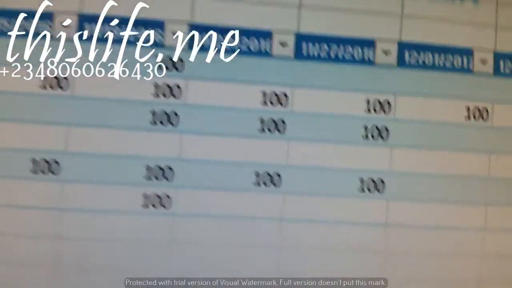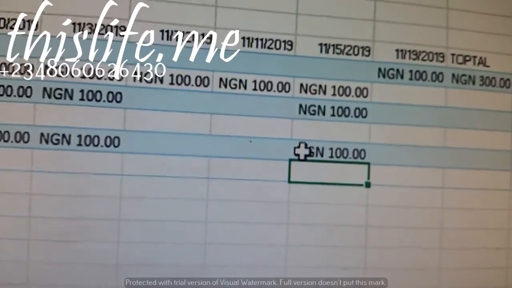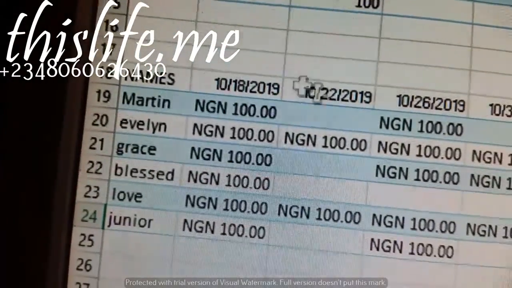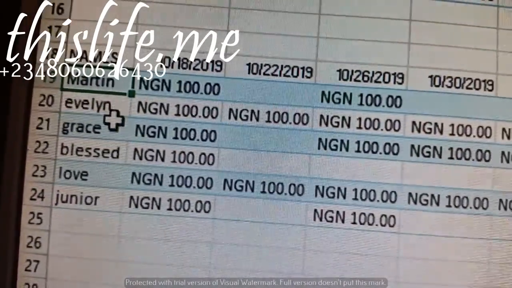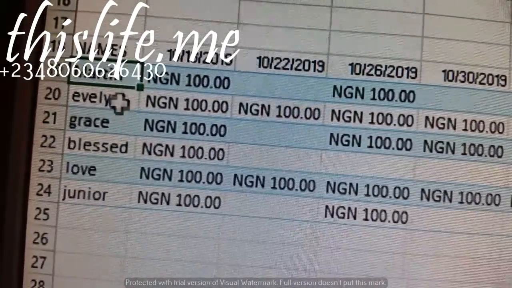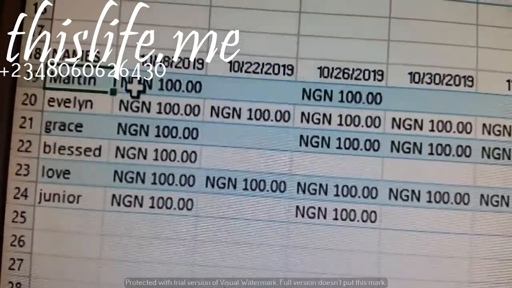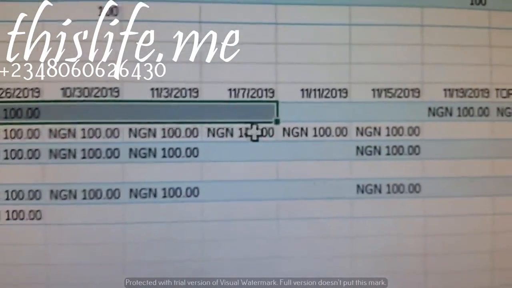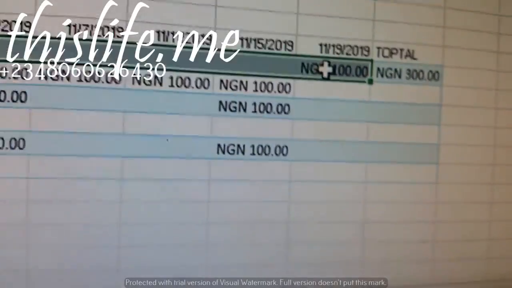Another thing to notice in Microsoft Excel is that we calculate only the first row. We calculate only the first person. In this case, notice that we only calculated for Martin. We calculated for Martin because we summed up Martin's row using SUM.